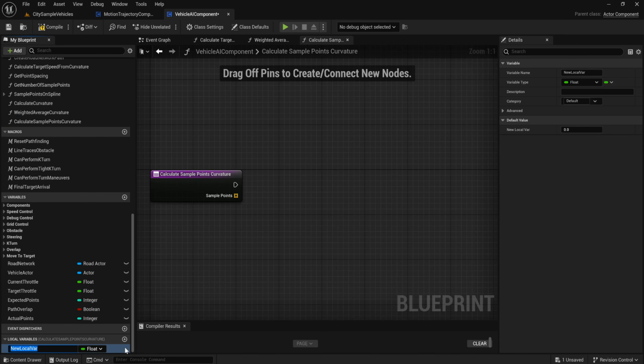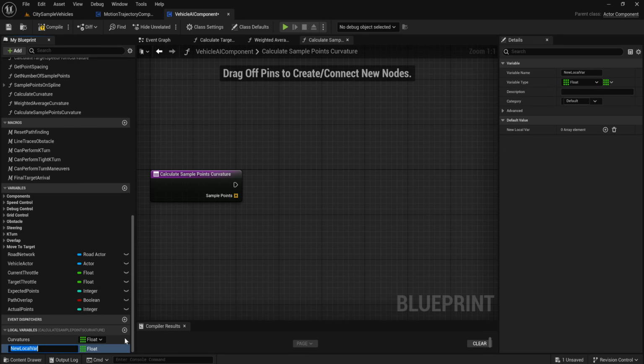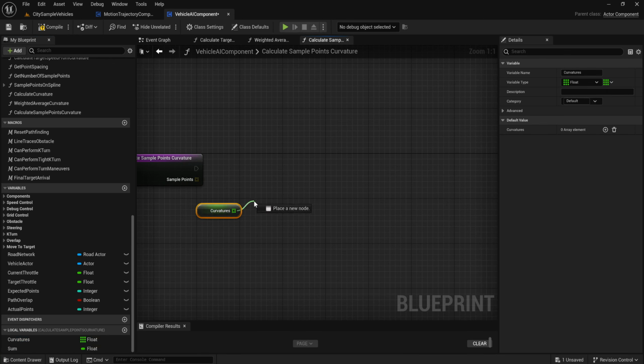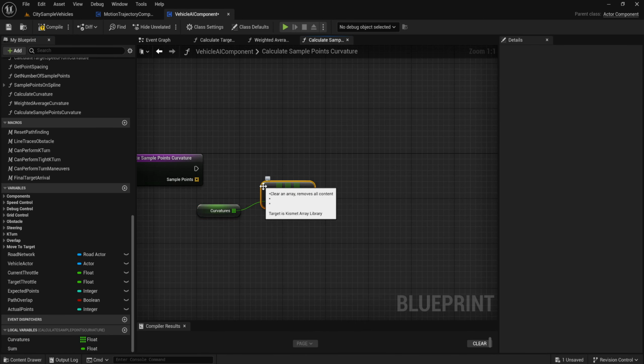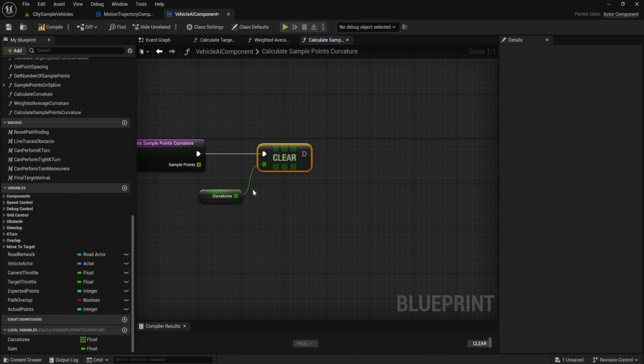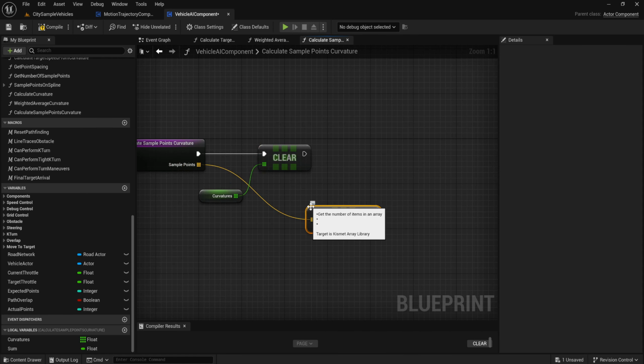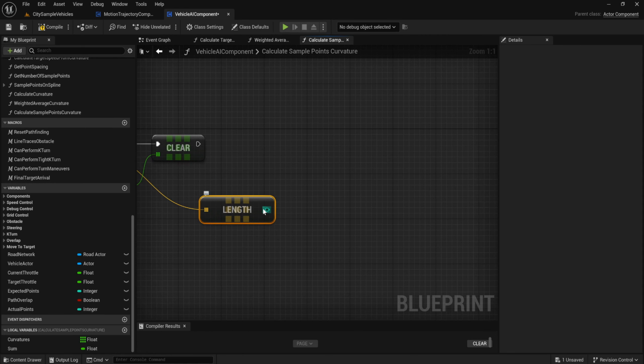Add local variable is curvatures, array, and sum, single. Get curvatures and clear this curvature. This sample point we get its length, subtract with 2,